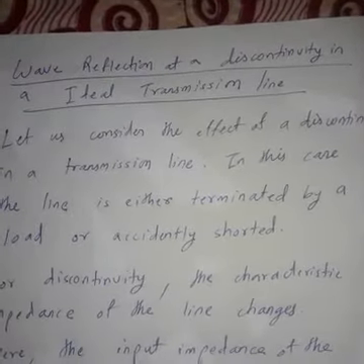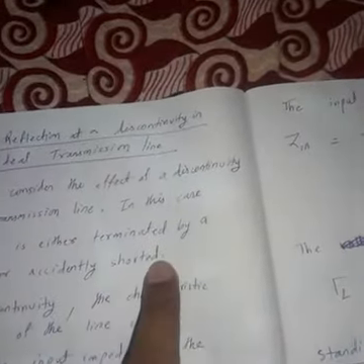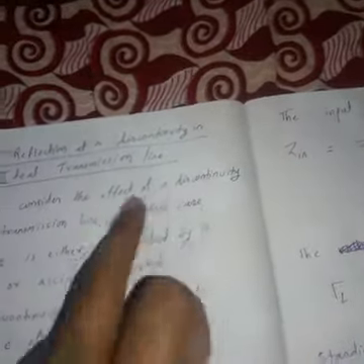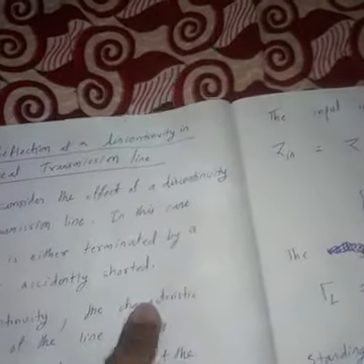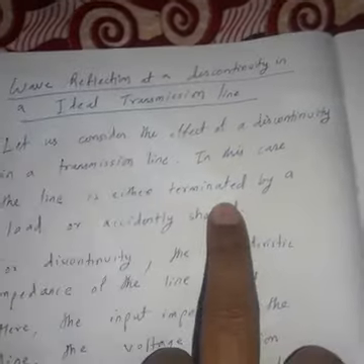That is possible in two ways. Suppose a transmission line means two conductors are there, two conductors parallel to each other, going along. So what can you do so that there is a discontinuity? Discontinuity means the path is stopped. So there are two ways. One is you connect a load. So the transmission line is divided into two sections by the load, so a discontinuity arises. Another one is if there is a short circuit in the transmission line, then that is another case of discontinuity.